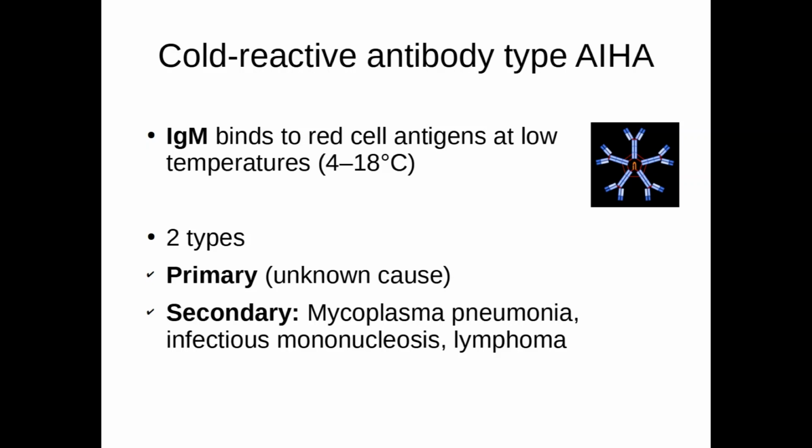Notice the structure of IgM that I've put in the corner of this slide. It is a pentamer. The structure is much more complex than what you saw in IgG. IgG was just a Y-shaped antibody, whereas here 5 such things are there.